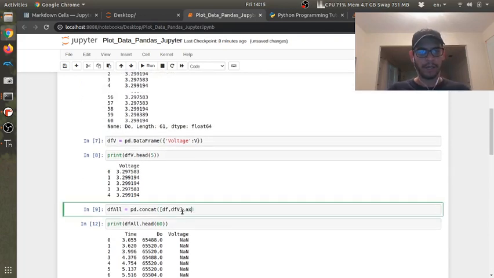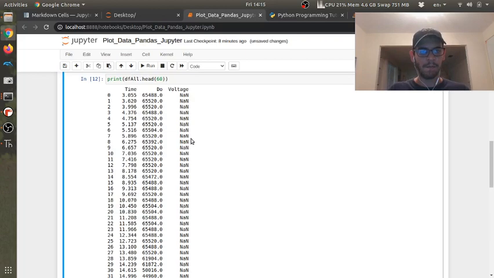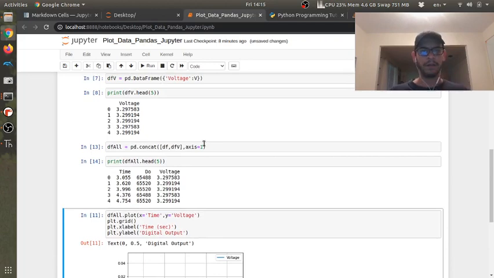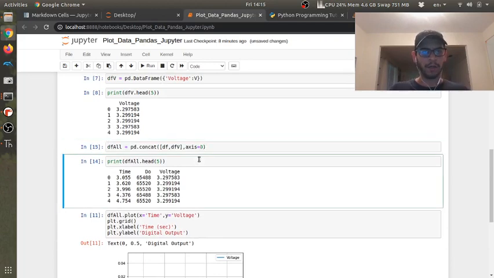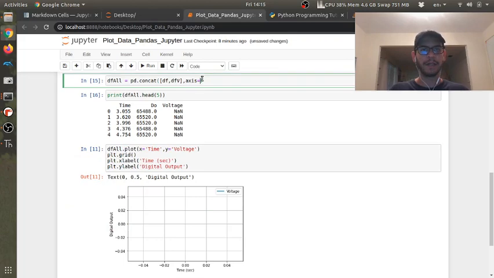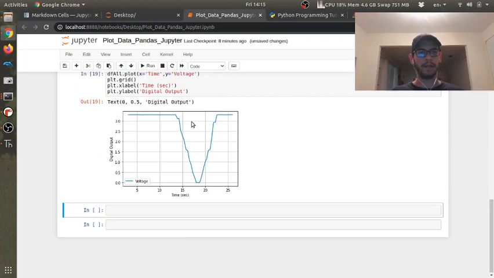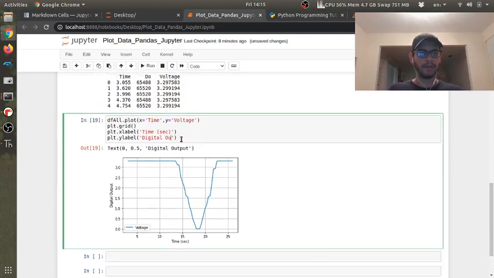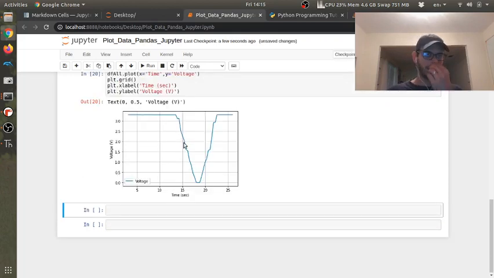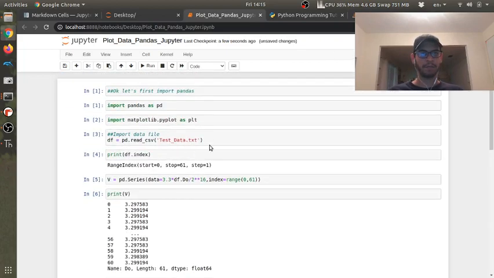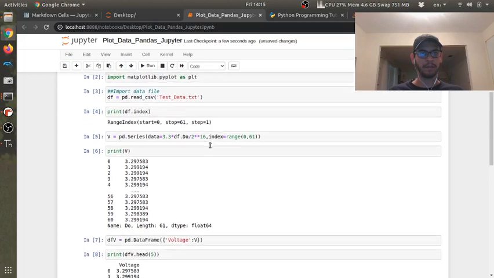What if I do like axis 1? There we go. So axis 0 probably is going to throw the error. So it's defaulting to axis 0. And wunderbar. So now I can change digital output to voltage in V. Look at that, sweet. Okay, so I have this pretty cool Jupyter notebook now that imports pandas and matplotlib and